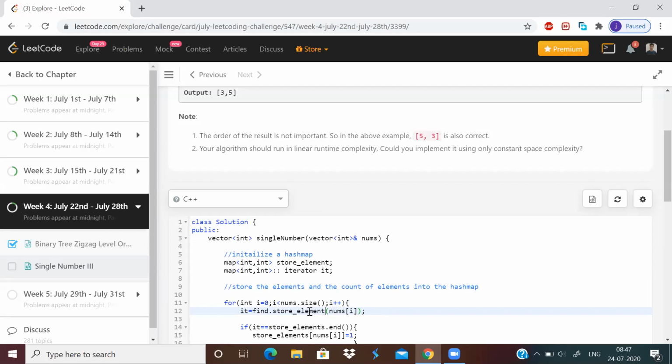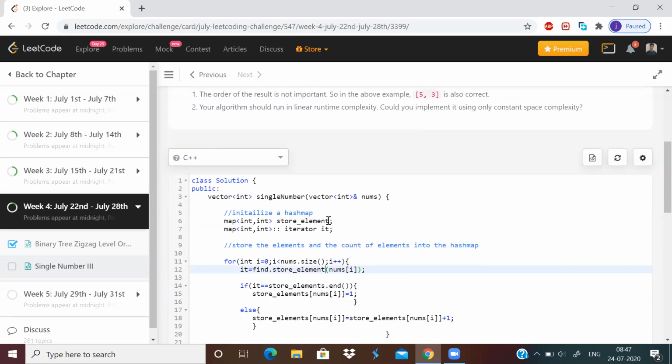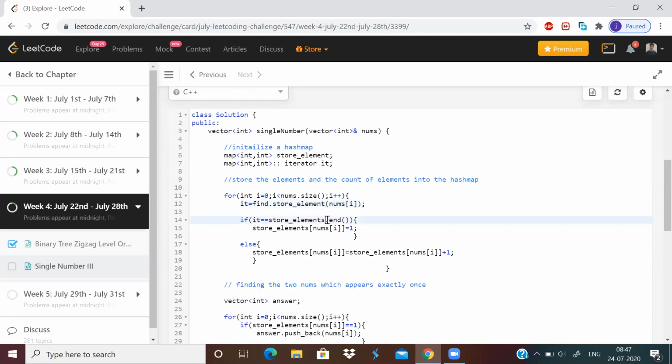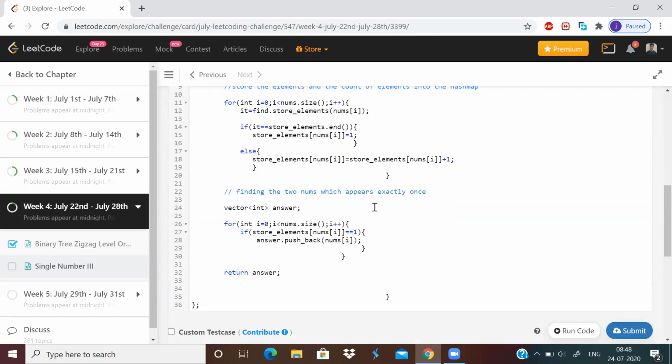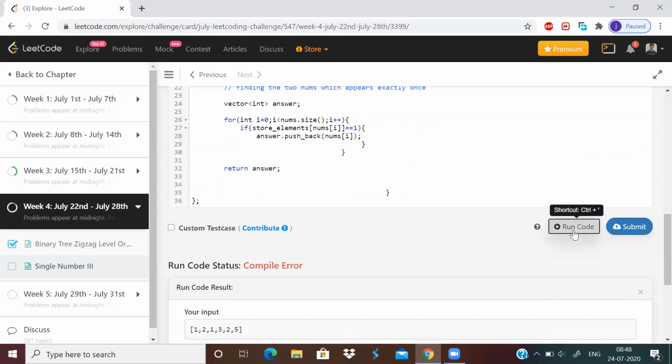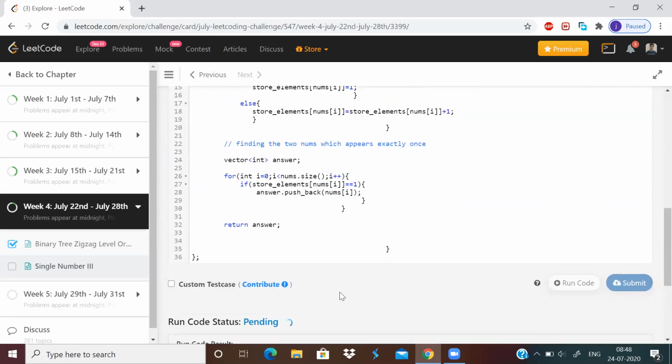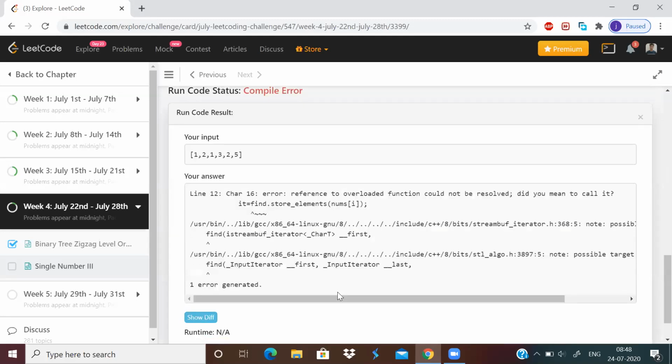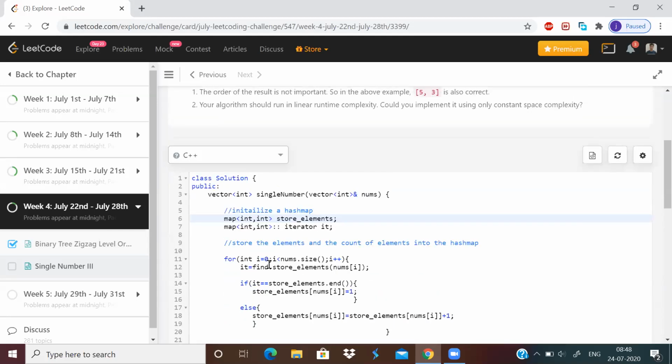It's not elements, it's only element. Actually, I initialized store element using an extra s over here. So just put s here and s here because I have used s everywhere. So now it should run.